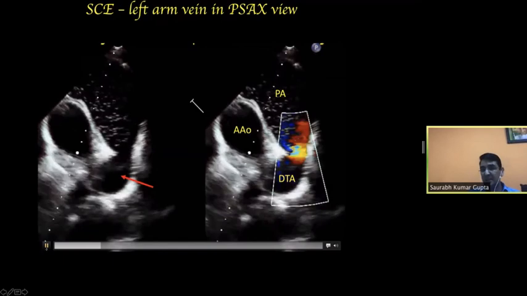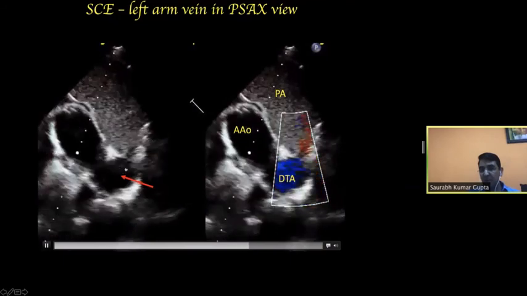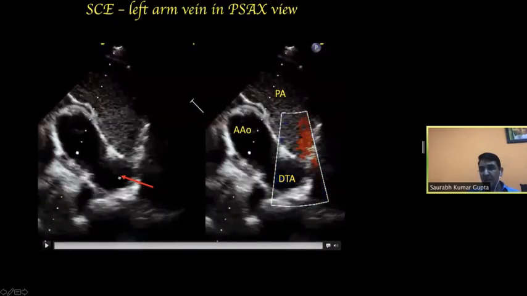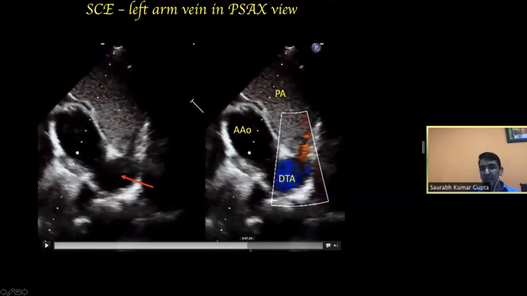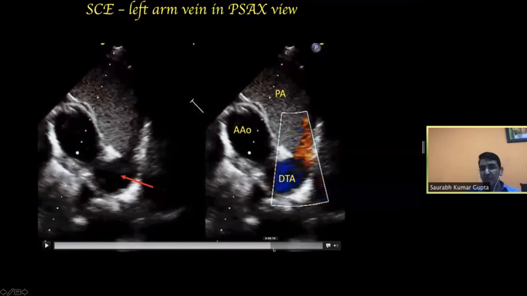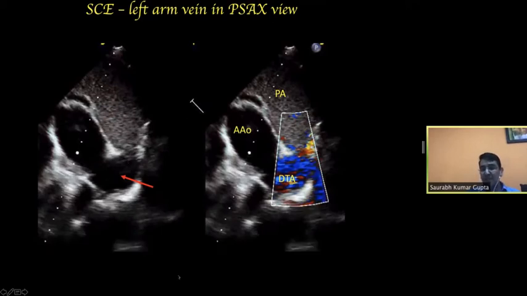to look at the saline contrast. Now look at this. Focus on this arrow. For the benefit of everybody, I'll just scroll it slowly. You can see some bubbles getting into the aorta from the PA, and this is a case of hypertensive PDA causing severe PAH. If you don't do this, you are likely to tell the patient that it is idiopathic PAH, and we know that management and the outcomes of these patients are quite different.